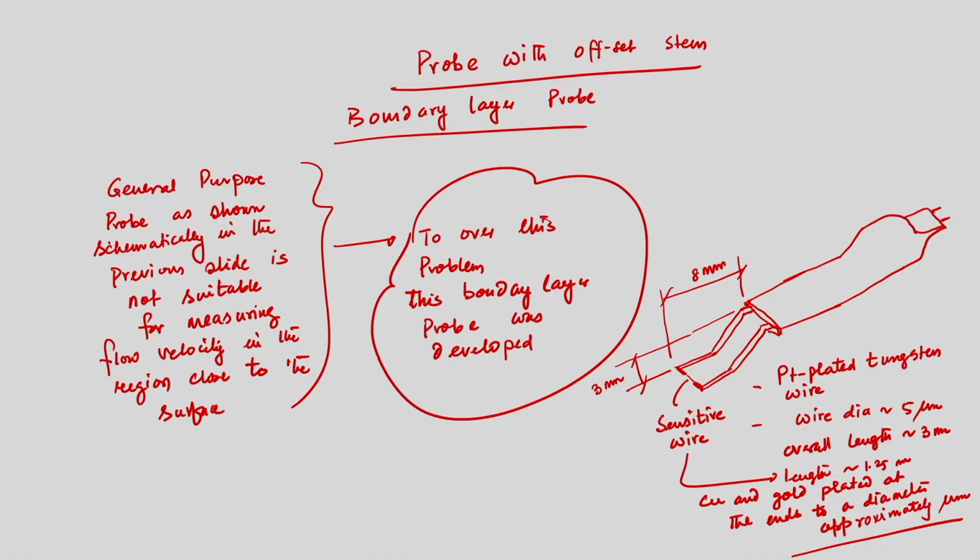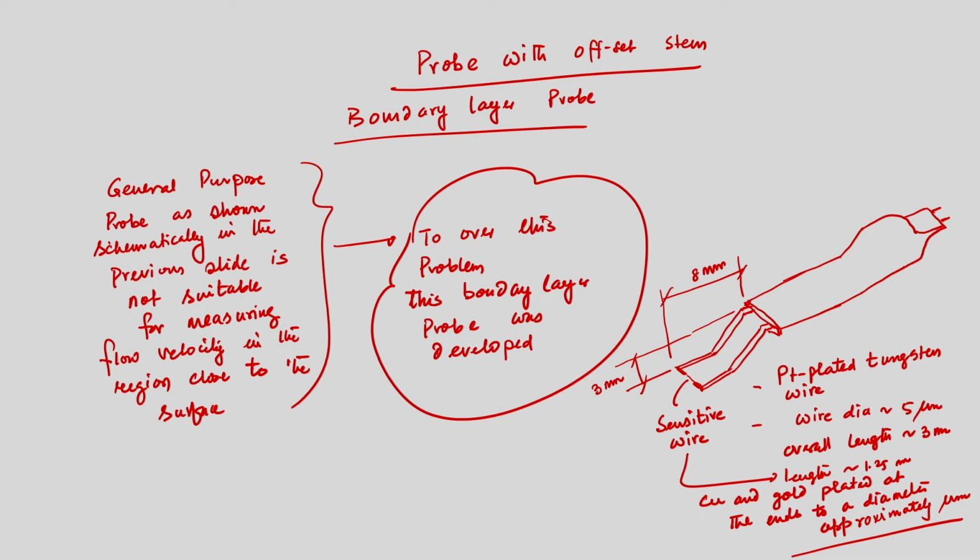The characteristic dimensions are almost similar to what we have seen for the general purpose probe, but the one important objective for designing this probe is that it will be used to measure flow velocity in the region close to the